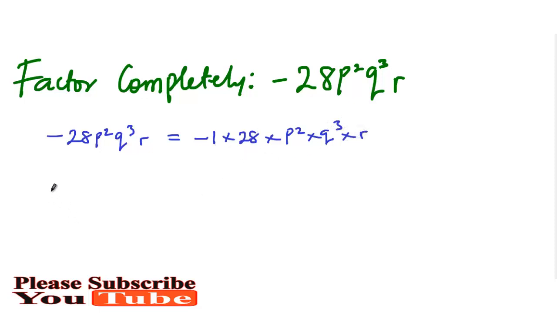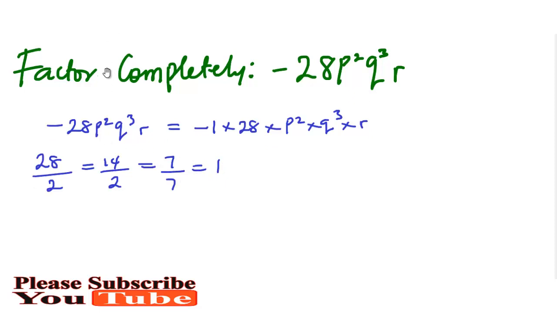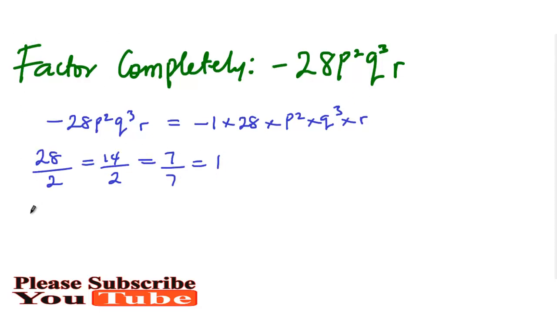So we have to decompose 28, using its prime factorization. So we have 28 divided by 2, that will give us 14, divided by 2, that will give us 7. 7 divided by 7, that is what? 1. So at the end of it, we can conclude that minus 28p squared q cubed r is the same